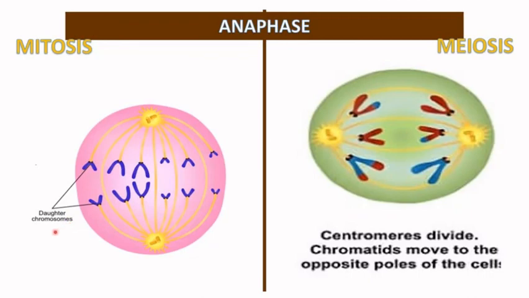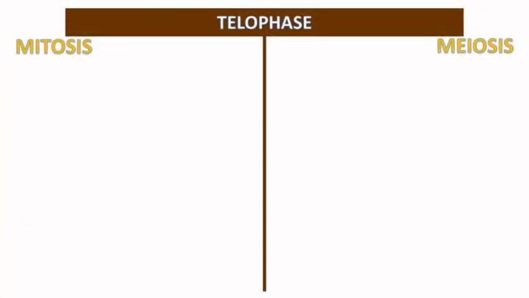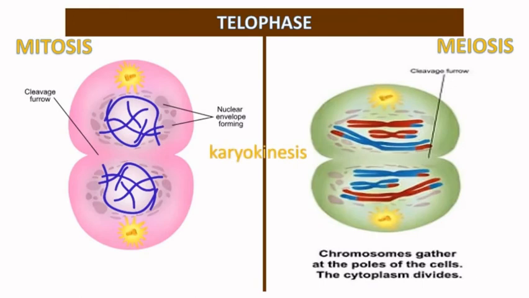Isn't it amazing? Now, can you tell me which phase comes next? Great! It's T for telophase. In both meiosis and mitosis, a nuclear membrane reforms in the process called karyokinesis around the newly separated chromosomes, which begin to uncoil, becoming less condensed. The spindle microtubules disassociate. Each daughter cell will inherit one centrosome.